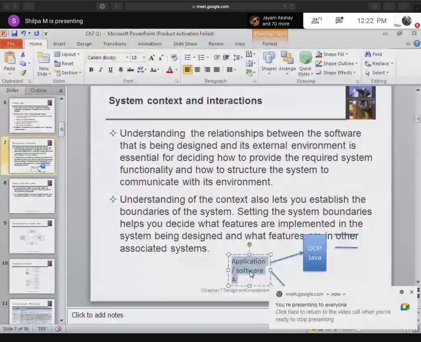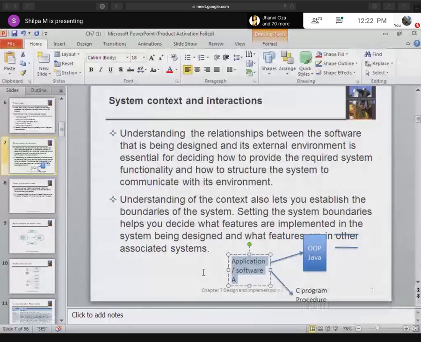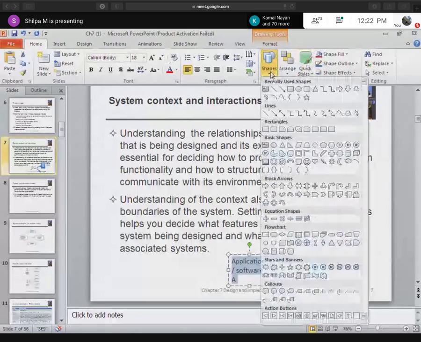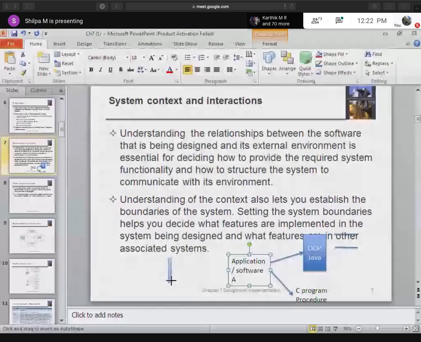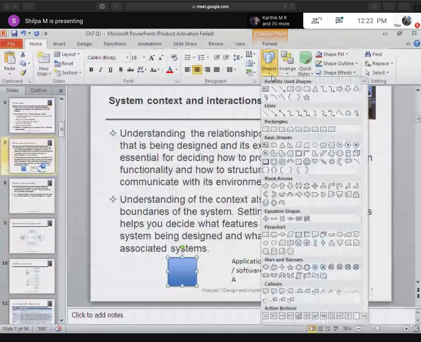I will give those functionalities in the first phase, and I'll also define the environment. I need to define the environment to know the boundaries associated with the system, what I have to do and what the other person has to do. Let's say this software or application is working in association with another application here. There is an interaction between both of these softwares. Let's think of it like that.